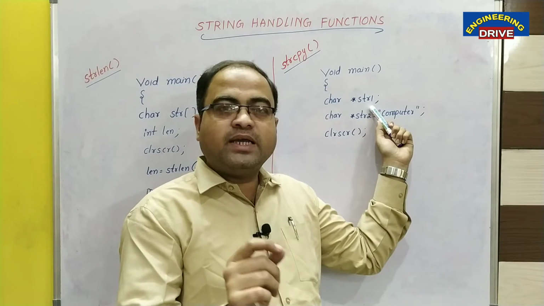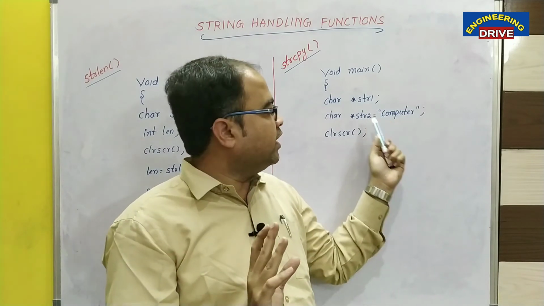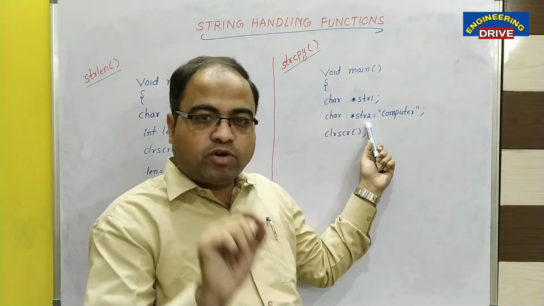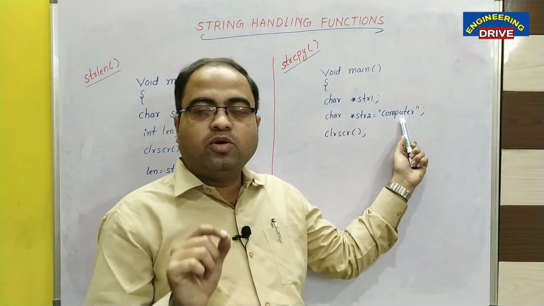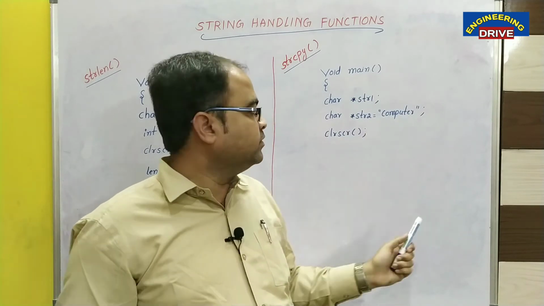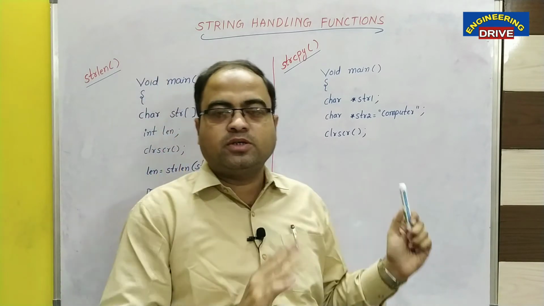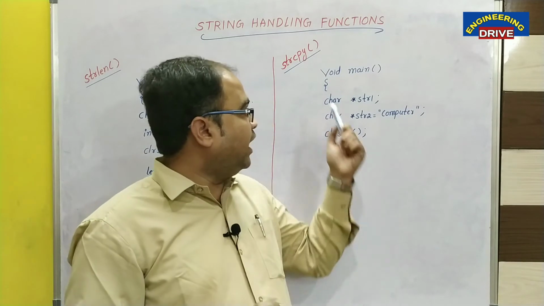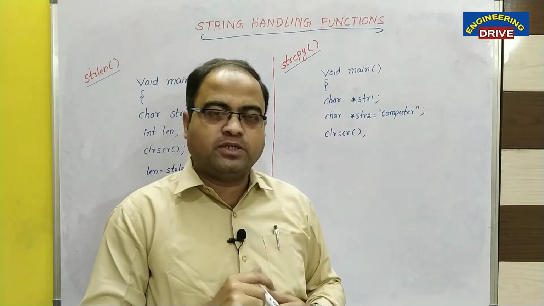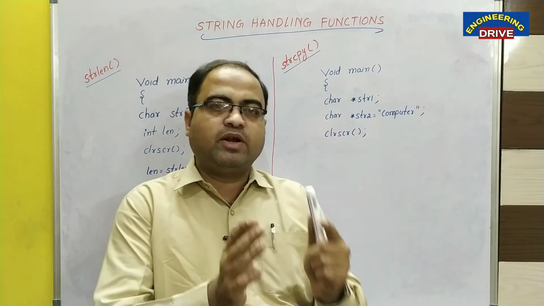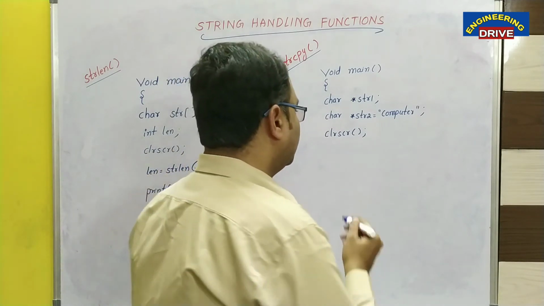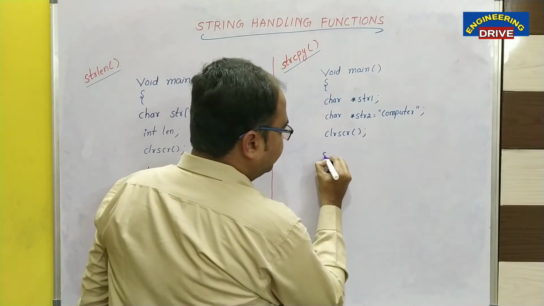Now str1 is an empty string I have taken. Okay. It is an empty string. One more string I have taken, and for this string I have given the value also. What is this value I have given? Computer. Now to clear the previous output, I have used a clear screen function. Now I want to use this strcpy function. What this function will do, it will copy the contents of one string into another. So I am using the string copy function now,